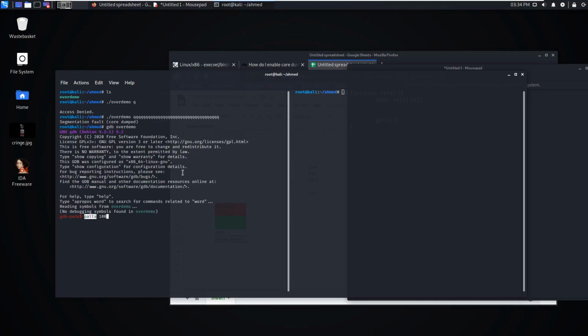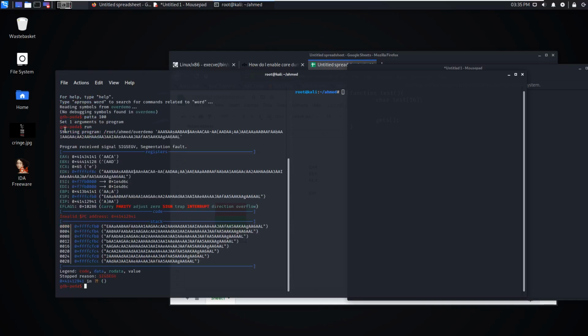We only use this because it's an attribute or an argument that we need to use. Otherwise, we just use something like pattern create to put it into a file and then load that in. But for this, it sets the attribute or the argument of the program as a pattern. So then when we actually run this, again, we get all of this huge block of data, which looks